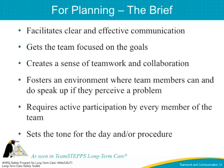This shared understanding creates a sense of teamwork and collaboration and provides an opportunity for team members to speak up if they have concerns. For example, they might discuss the resident's decreasing mobility and the risk for falls. The team could then make a plan to keep the resident from falling by providing a walker and teaching the resident to use the walker safely, or explaining to the resident when to contact the staff for help with getting